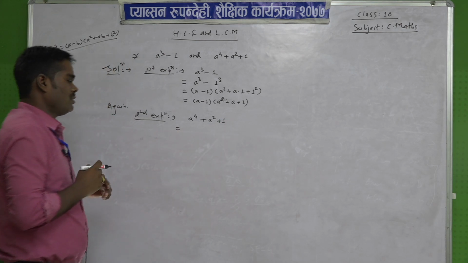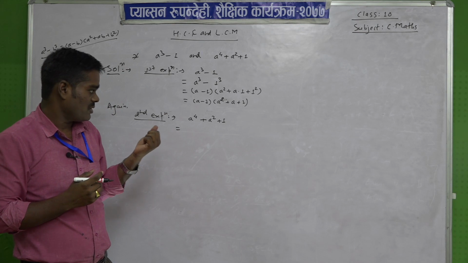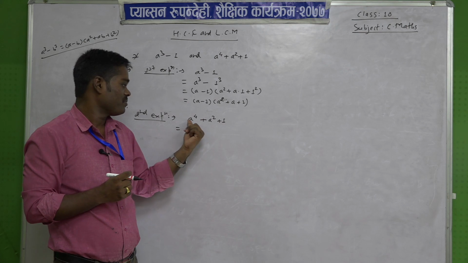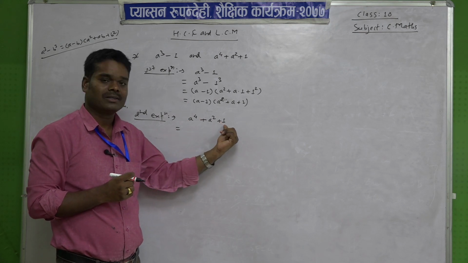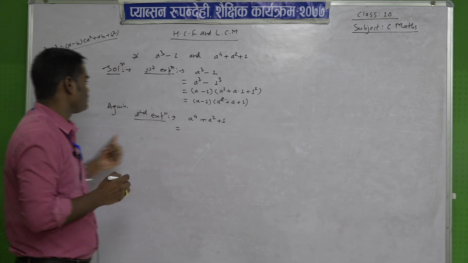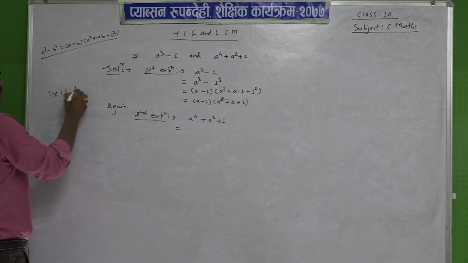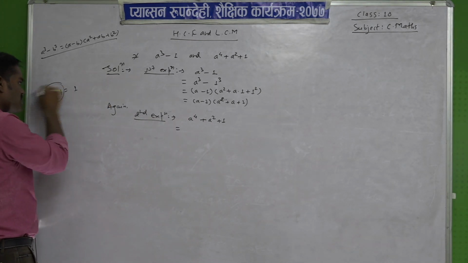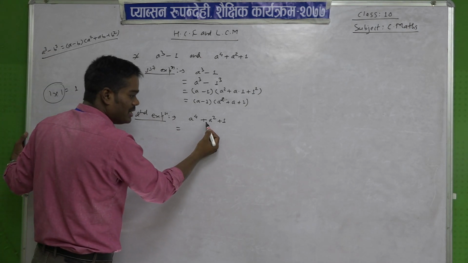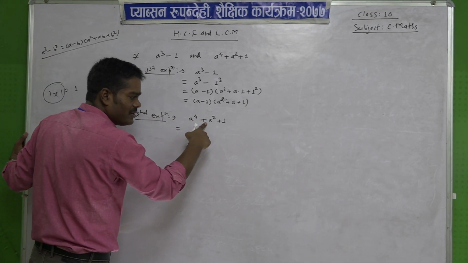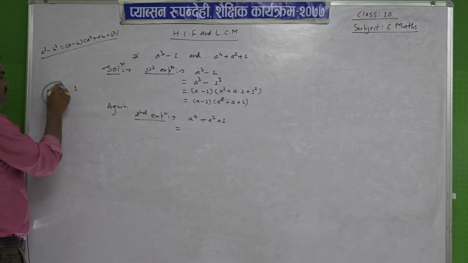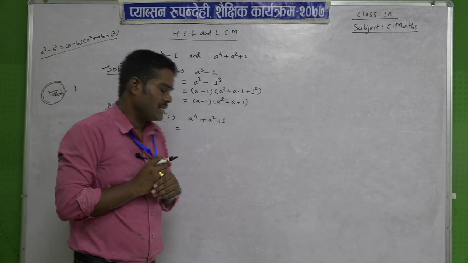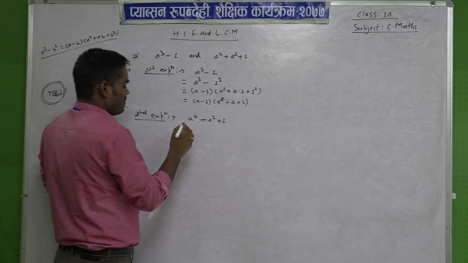First let us see whether we can factorize it by the general factorization method, that is, multiply the coefficient of the first term, which is 1, and the last term, which is 1. So 1 into 1 means 1, and the sign of the last term is plus. By adding these factors we should get the coefficient of the middle term. The coefficient of the middle term is 1, but adding the factors 1 plus 1 gives 2. So it cannot be factorized by the general factorization method. Then use the complete square factorization method.